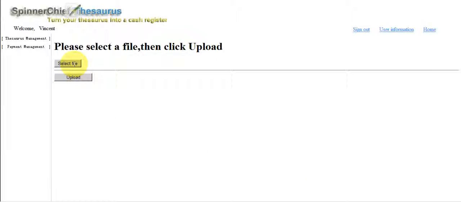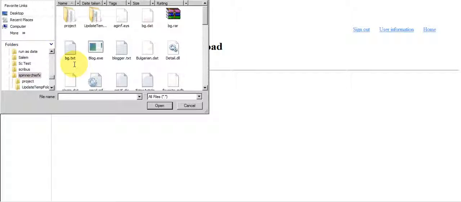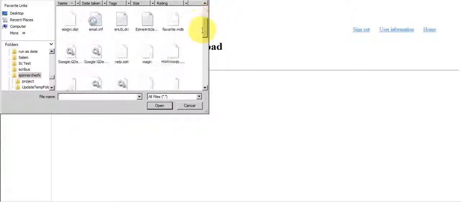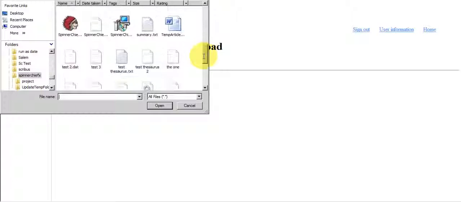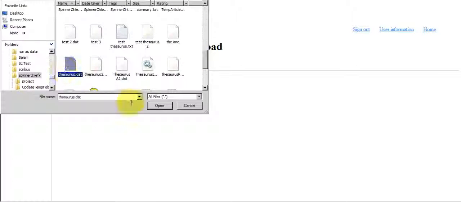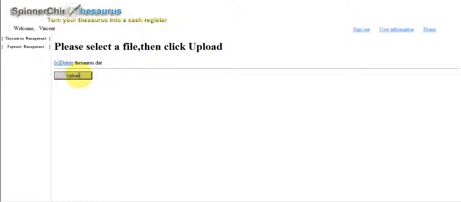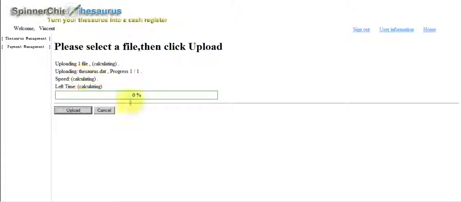The next step it's going to do is ask me to select the file. Thesaurus, just hit upload. Now this is quite a big thesaurus, it's going to take a bit of time. So what I'll do is pause the video while it finishes and then we'll come back as it's just about to finish.